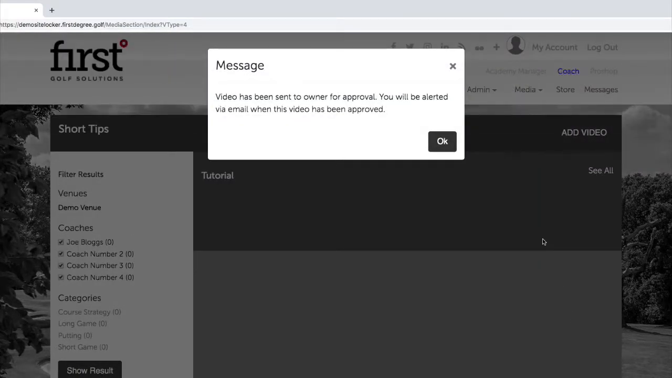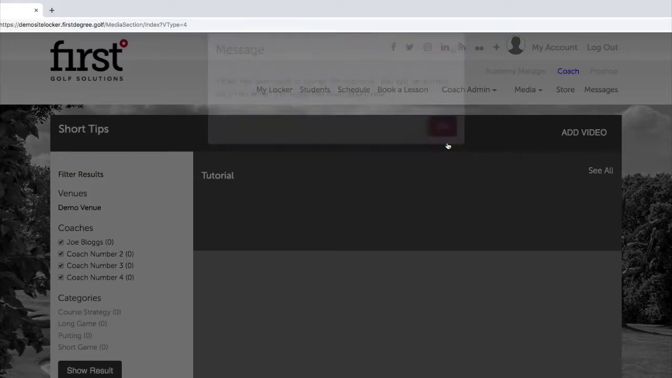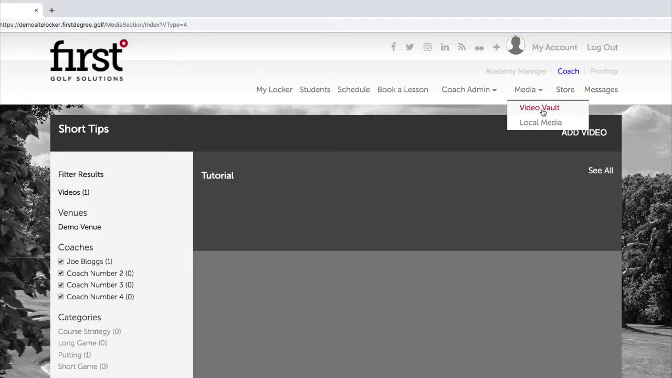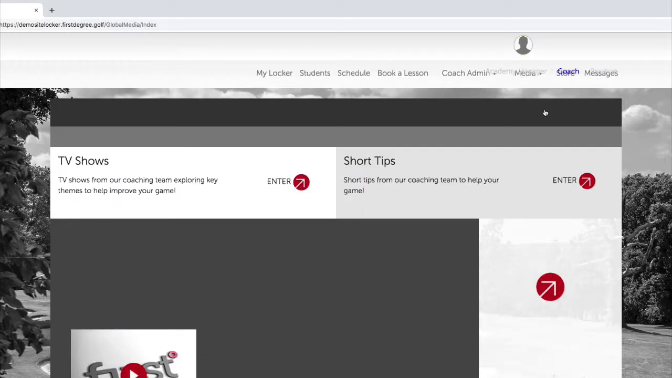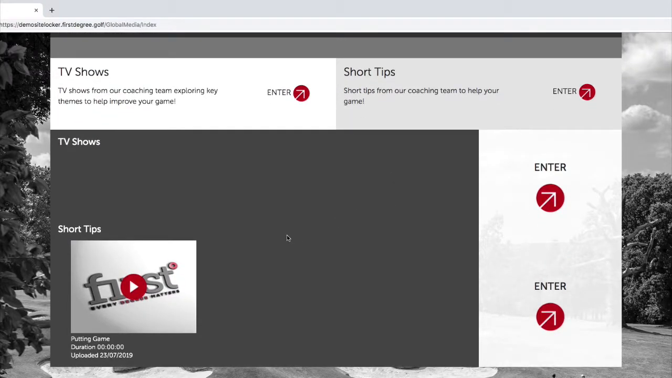And we've now got an alert which says the video has been sent to owner for approval, and you'll be alerted when this email has been approved. So let's now navigate back to the Video Vault section, and we can see now that our putting game video has appeared after it's been approved in our short tips